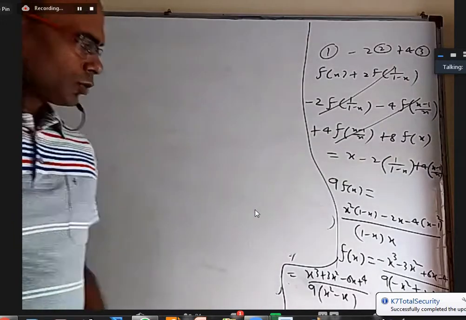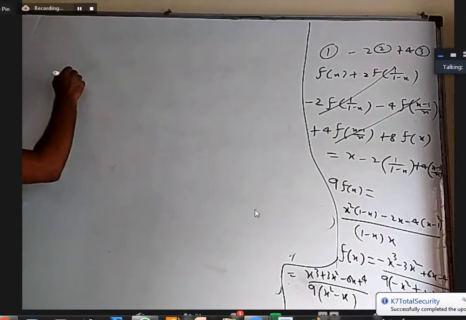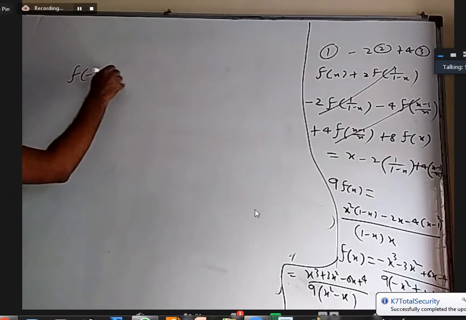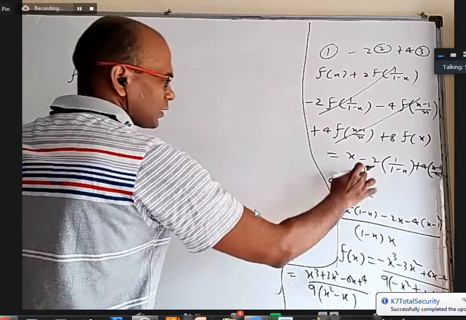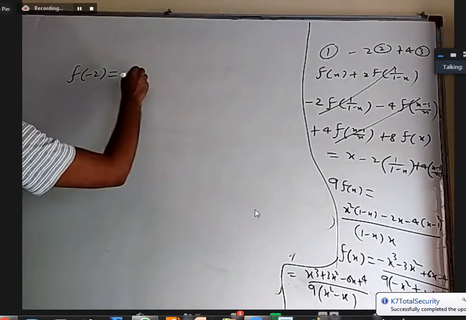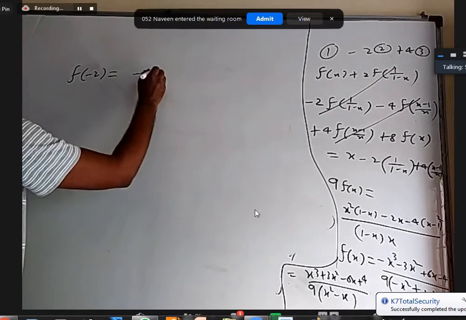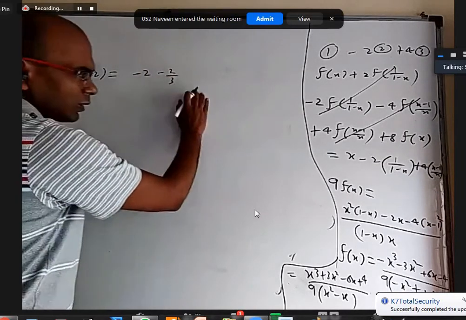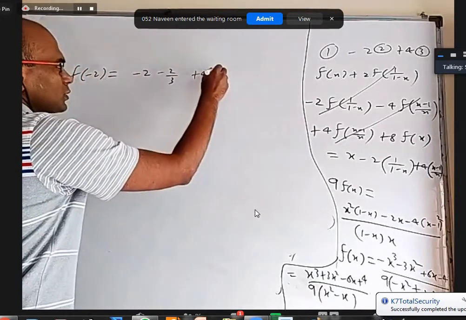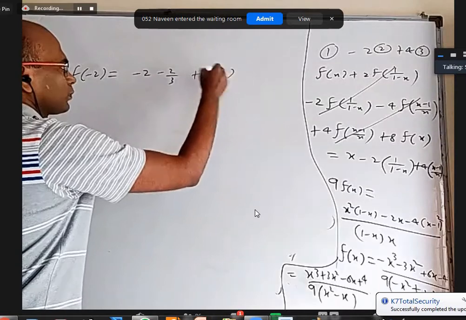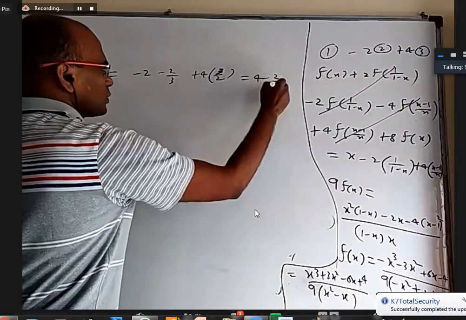Okay. So I can put minus 2 here. Anything should be fine. So f of minus 2. Let's say I'll put minus 2 here just to see. Minus 2 is there, minus 2 by 3 is there. And I put it to be 4 times minus 2, that means 3 by 2. This is 2, that means 6 minus 2, 4 minus 2 by 3.